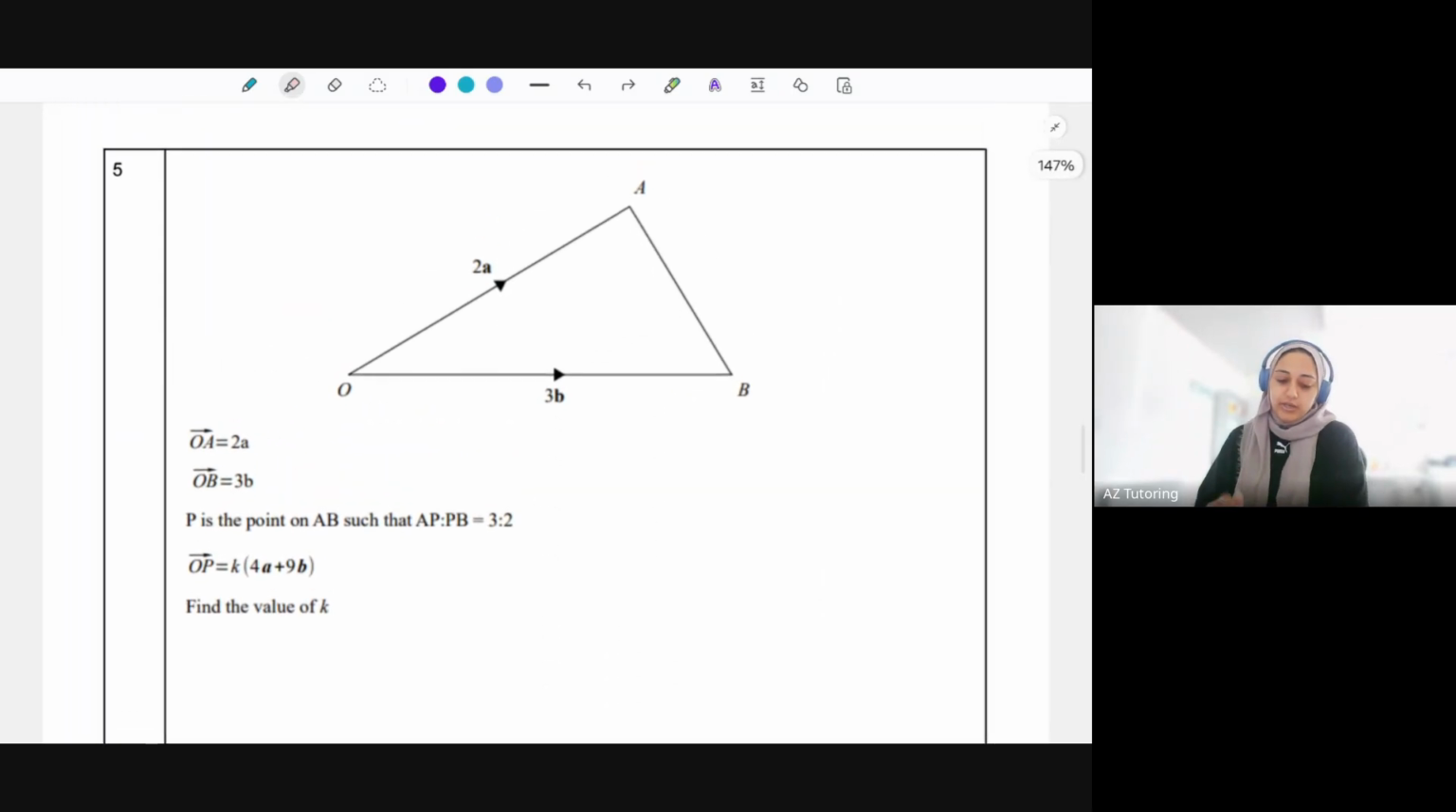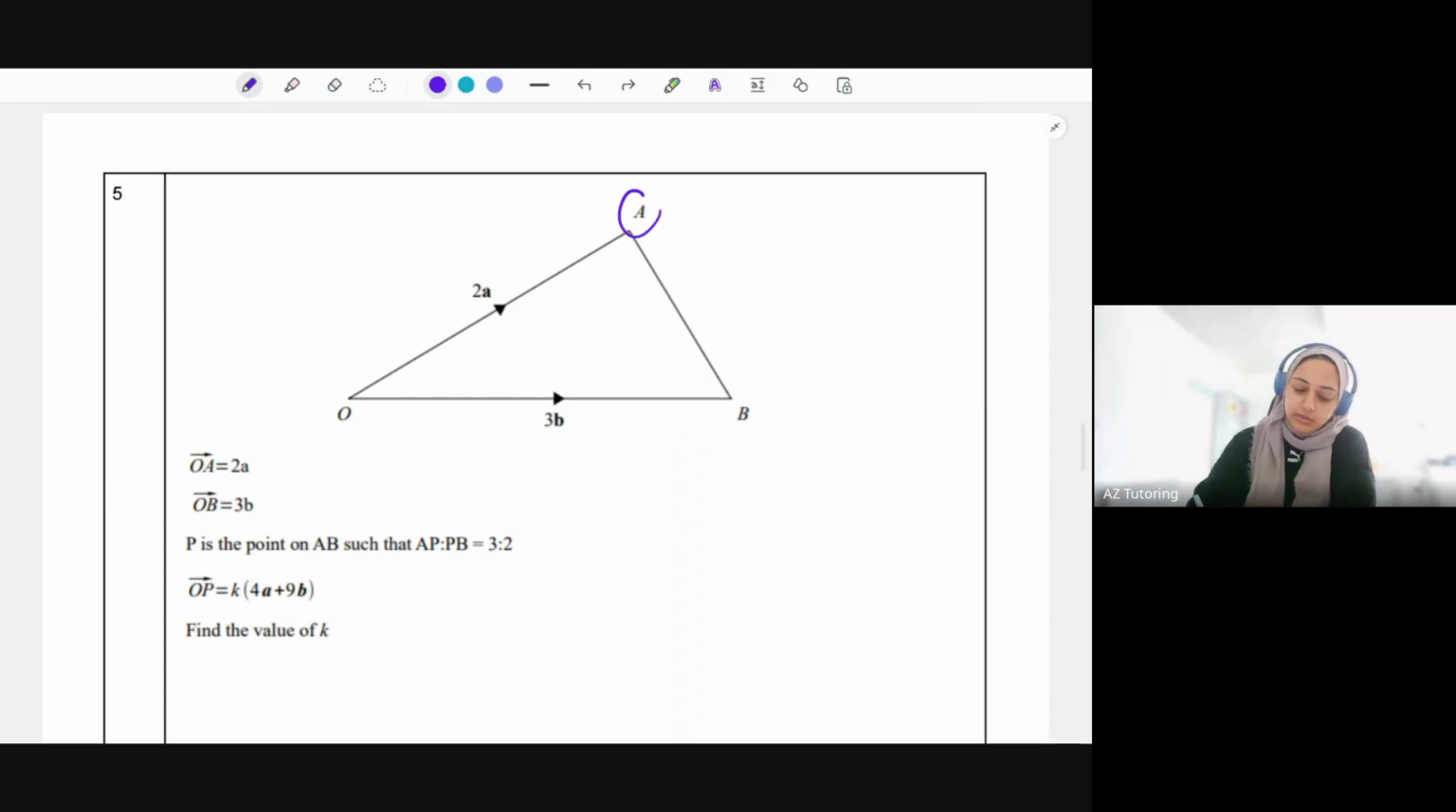We've got another triangle. So here it says OA is 2A, OB is 3B, P is the point on AB. So where is AB? This is AB here. And it says P is the point on AB. So P is a point here, such that this ratio exists. So I could just stick P here. And this ratio is saying